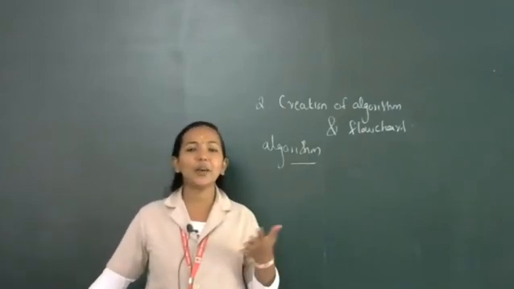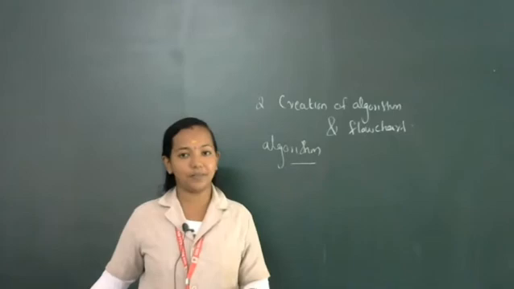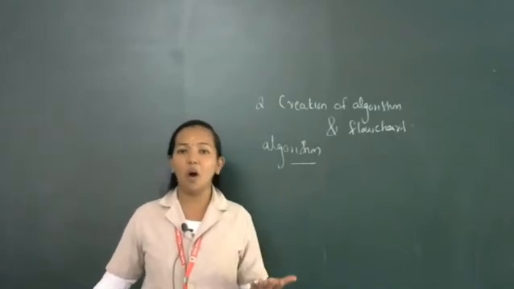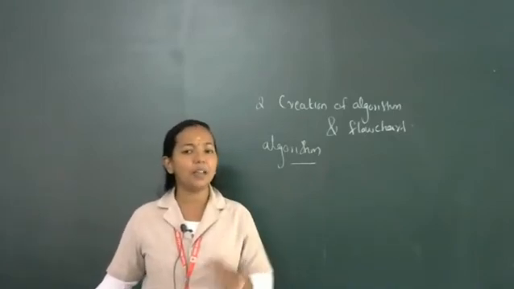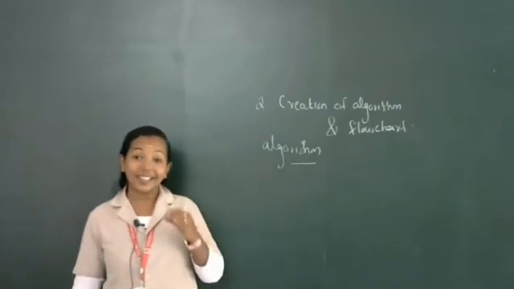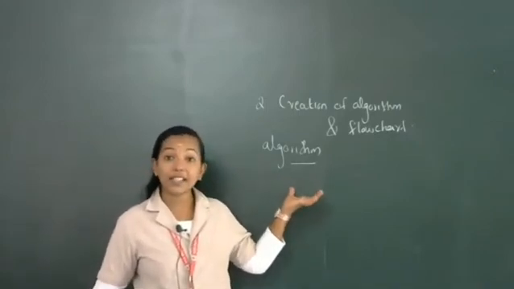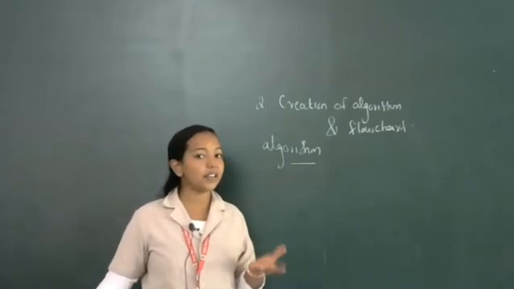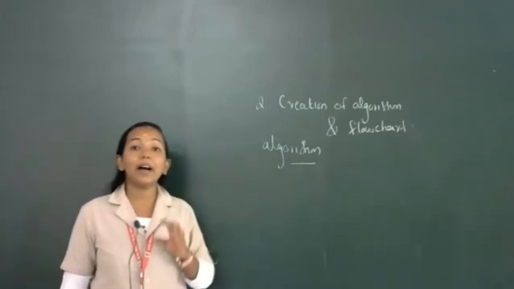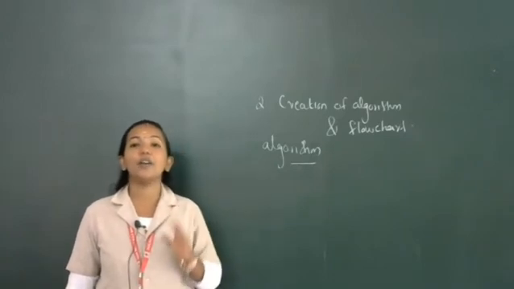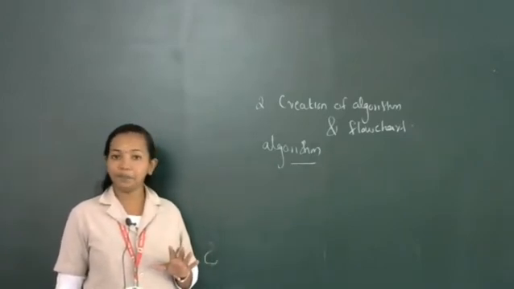Actually, this is a regular procedure, so we don't need steps. Okay, we know how to make omelets. Here it is a real life example. It is described as an algorithm. Algorithm means it's a step-by-step procedure. What is an algorithm? It is a step-by-step procedure to solve a particular problem.